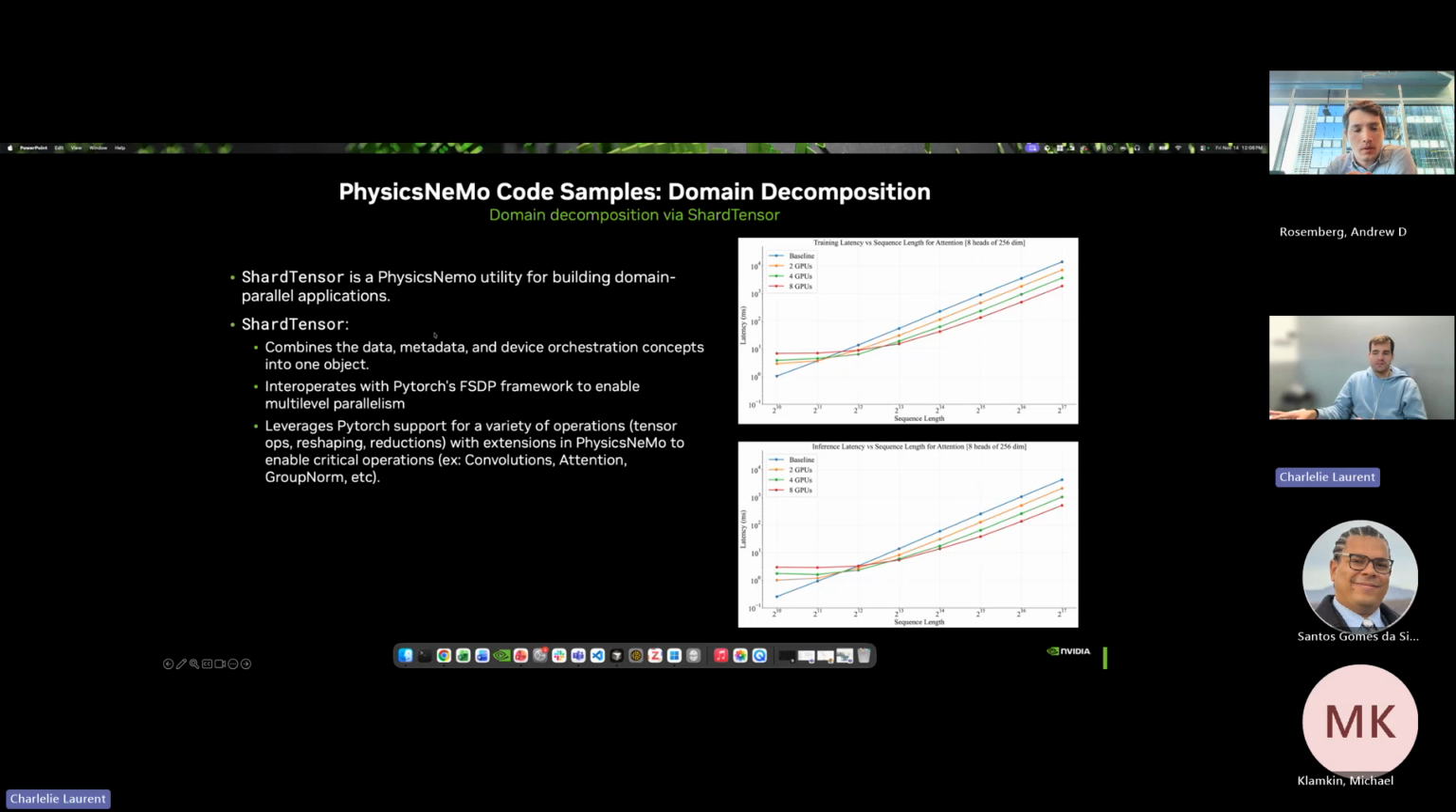Another area where PhysicsNeMo has some functionality that PyTorch doesn't have, something on top of PyTorch to complement it, is distributed training. We need to train on multiple GPUs. There is a very clear difference between distributed training for, let's say, LLMs, and the distributed training that we usually encounter